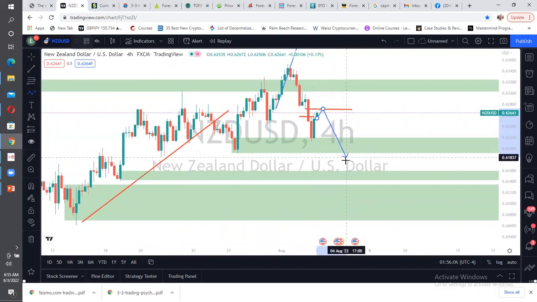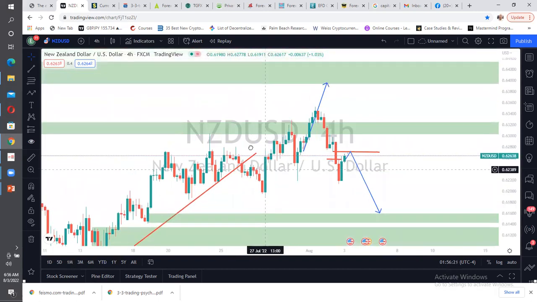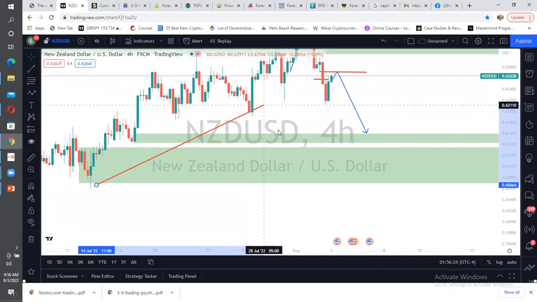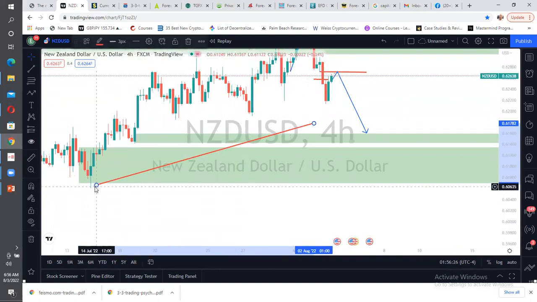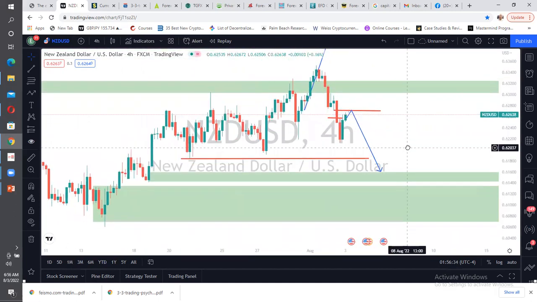I want to see this go down, taking away this liquidity to this particular place. This is what I would like to see on this particular chart. So I will be taking out this other block. I would like to see them taking away this sell stop liquidity that is resting there. Once they've taken out this, I will know that yes, they are really good and ready to go to the upside.